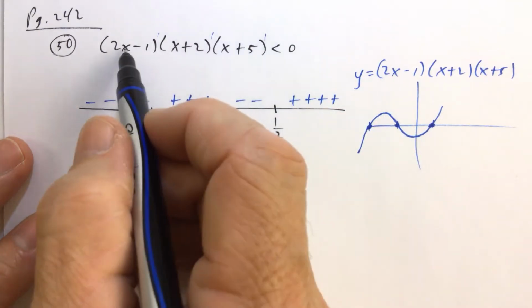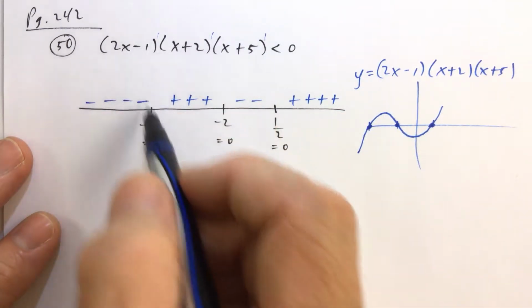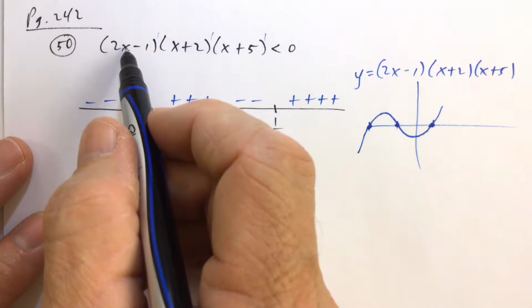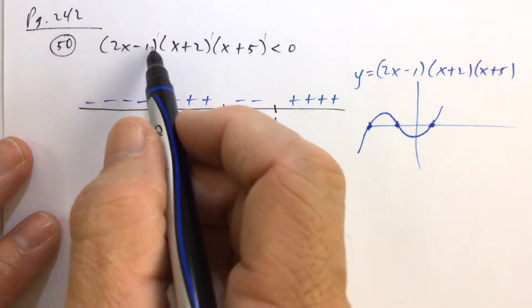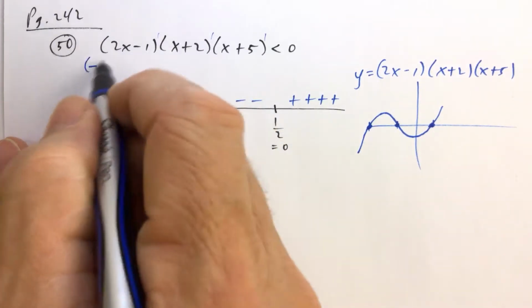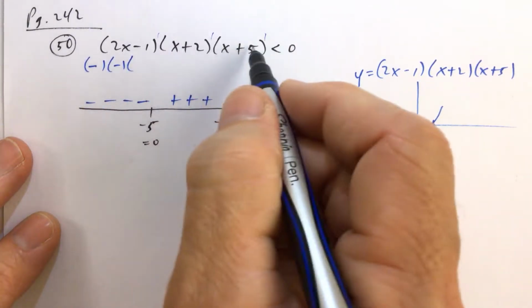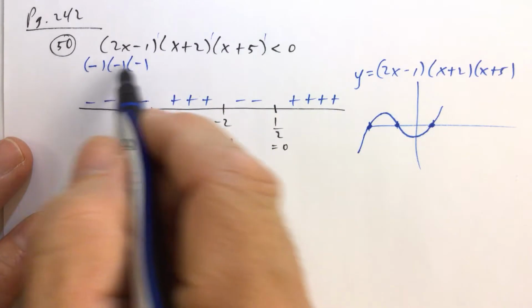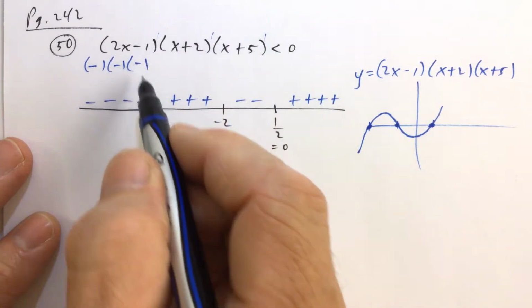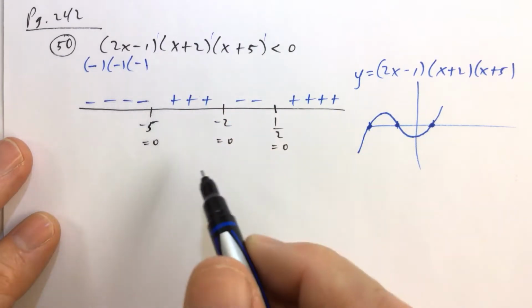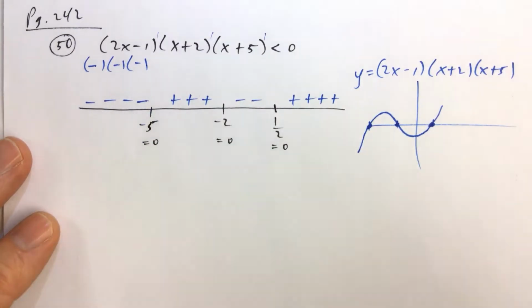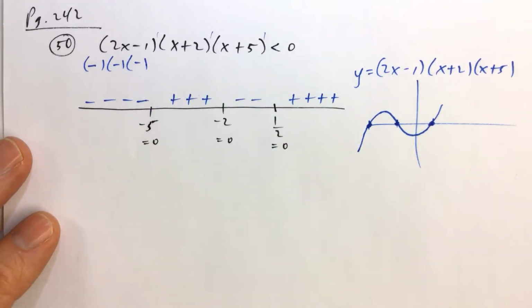Well, if you replace x with any number to the left of -5, like -10, -10 minus 1, that's a negative factor. -10 plus 2, that's also a negative factor. And then -10 plus 5, also a negative factor. Three negatives, when you multiply three negative numbers together, you're going to get a negative number. So on that interval, from -infinity to -5,